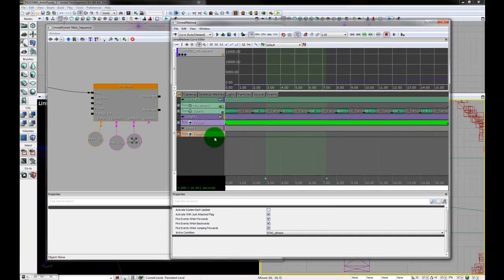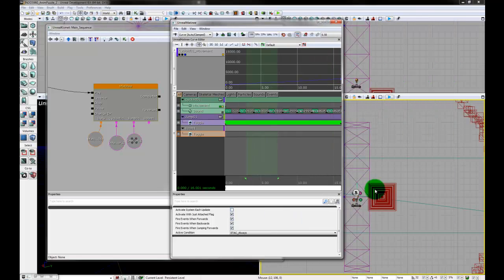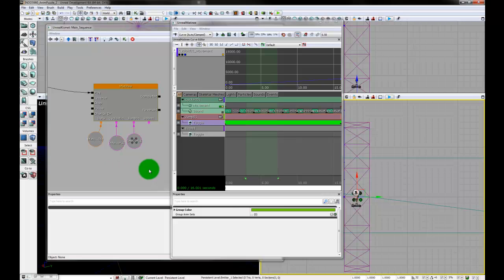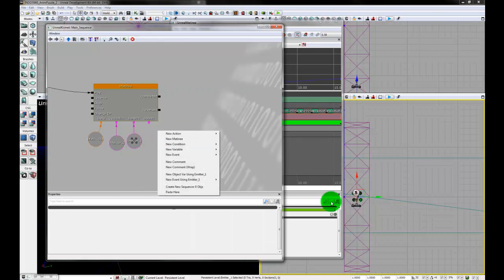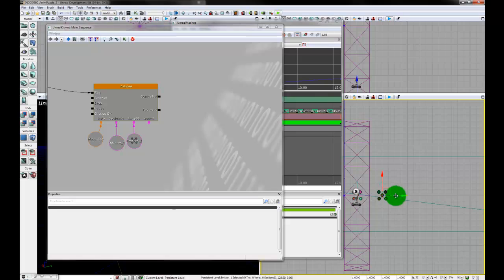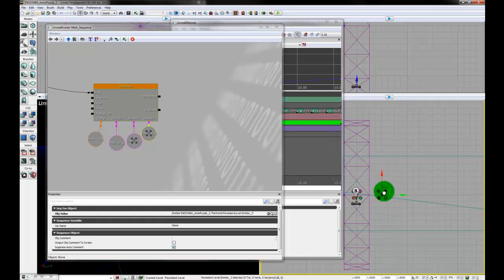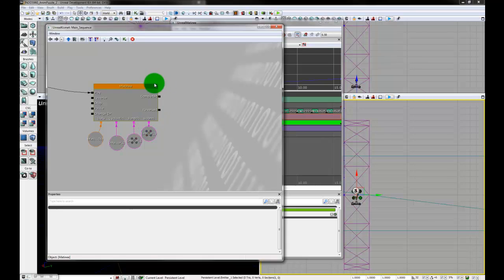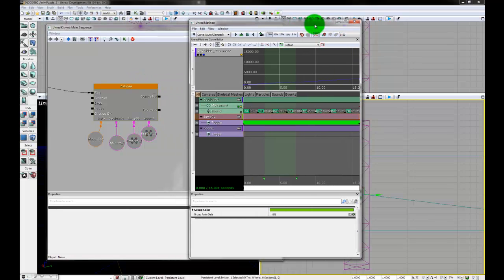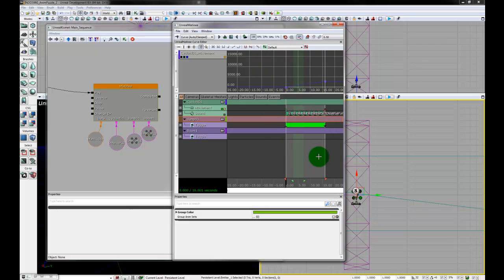All right, and it's gray. You can see here for some reason it did not connect it up. So we'll just create our object variable we need here by selecting it there in the scene, and then new object variable using emitter 3. This happens a lot. Kismet tries to create shortcuts for you, but it works sometimes, not all the time. All right, now that that is hooked up,